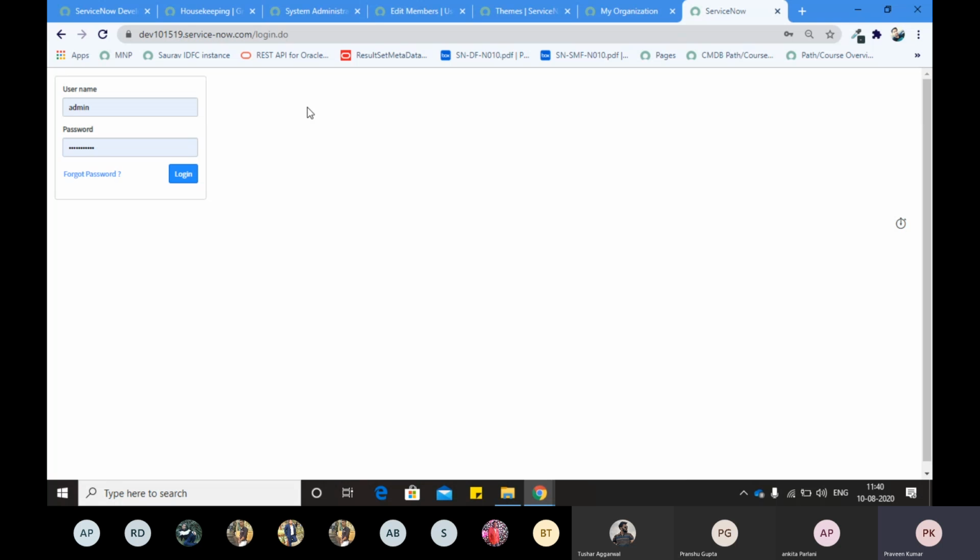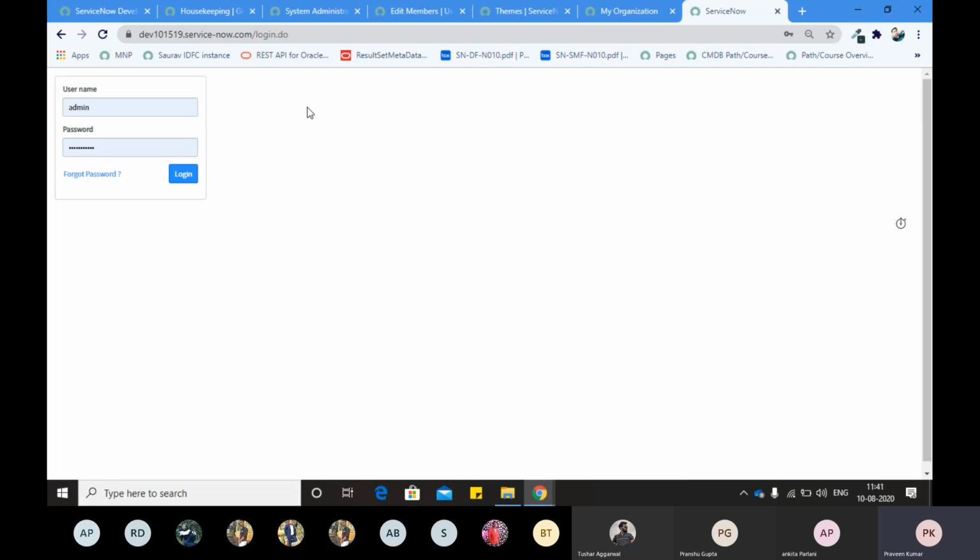So there are multiple ways in ServiceNow for authentication. Sometimes I think all of you don't know about SSO authentication, right? So we do SSO integration as well in ServiceNow. That is a little bit of an advanced thing. I think you will do it later. If you want to authenticate your user from some third party, from some identity provider, that is called SSO authentication, and we can configure it, right?